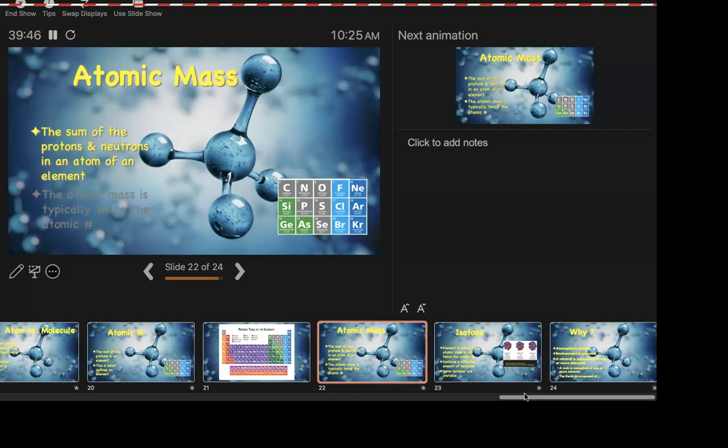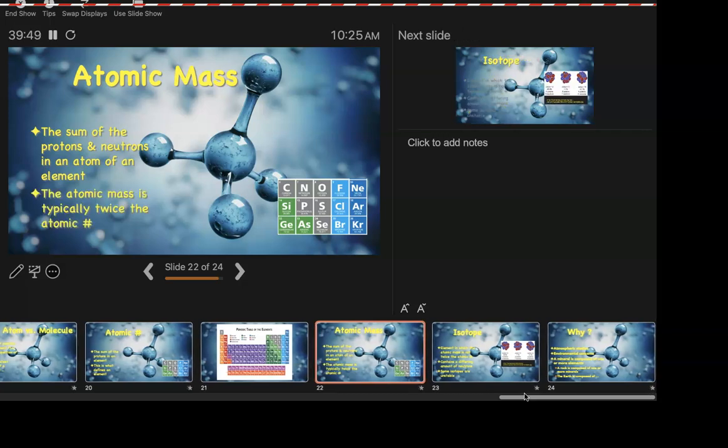So the next thing we need to focus on is something called the atomic mass. Remember we talked about atomic mass at the very beginning. This is the number at the bottom. All right? And as it says here, it is the sum of the protons and neutrons in an element. It doesn't take a whole lot of time staring at one of these things to realize that nine times out of 10, the atomic mass is twice the atomic number.